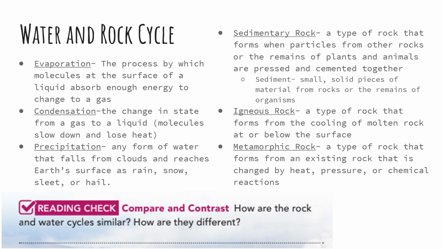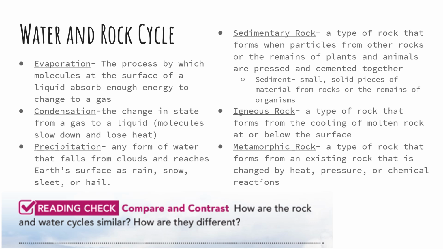The rock cycle. So we have 3 different kinds of rocks: sedimentary, igneous, and metamorphic. So sedimentary rock is a type of rock that forms when particles from other rocks or the remains of plants and animals are pressed and cemented together. Sediment is small, solid pieces of material from rocks or the remains of organisms. Igneous rock is a type of rock that forms from the cooling of molten rock at or below the surface. Metamorphic rock is a type of rock that forms from an existing rock that is changed by heat, pressure, or